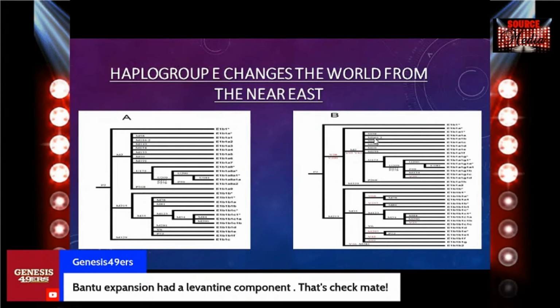The A graph is the initial graph, where you can see right here EM329, which is E1B1C, is found down here as independent as its own branch of EP2. But up here, you'll find it right here as a branch of E1B1A or EV13, which makes it E1B1A2. A lot of these are highlighted in red, where a lot of these were moved around, but I wanted to just point this out to go a little bit deeper into EP2, E1B1A, and E1B1B, because we postulate these being the haplogroups that the descendants of Abraham would have.